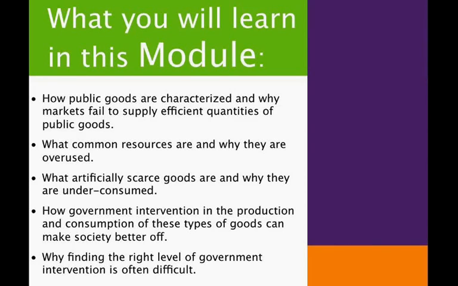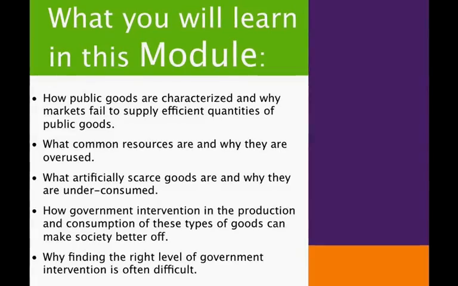Artificially scarce goods like pay-per-view movies, etc. are excludable and non-rival. We'll talk about that because suppliers can exclude consumers by charging a price above zero. Less than the efficient amount, obviously, will be consumed because of that. Common resources like clean water, fish in the ocean, etc., those are non-excludable and rival, and will be overused unless government is able to assign property rights or require some users of the resource to pay prices that reflect the entire cost of their consumption.